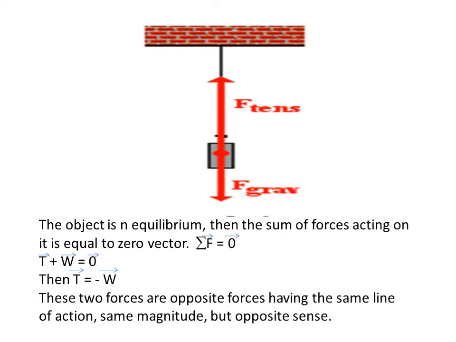Why do we say that the object here is in equilibrium? Because the force of weight and the force of tension are equal. Let's say they are 10 newtons and 10 newtons. But why is the sum zero? Because they have opposite sense, I mean, one downward and the other upward, but they have equal magnitude. So, the sum of the forces